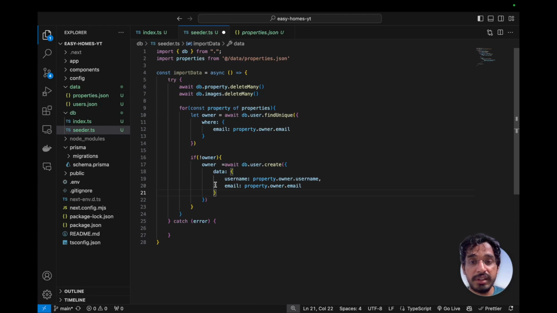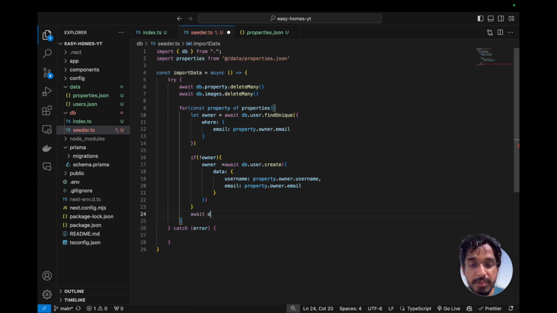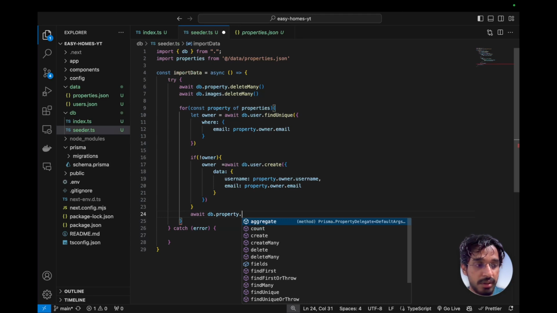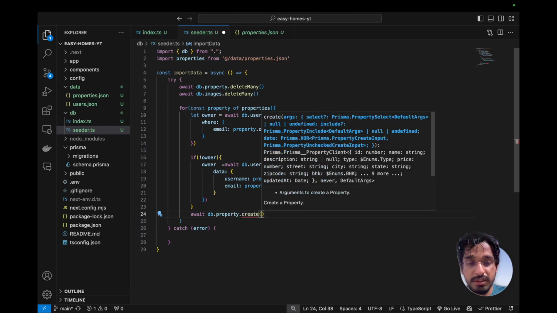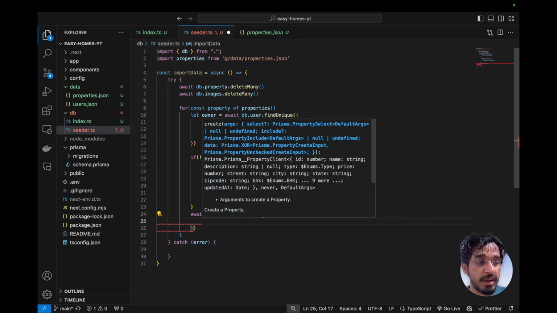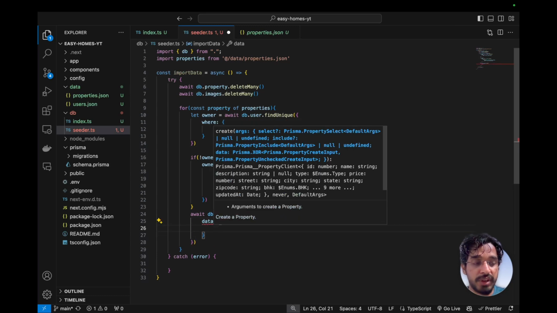So if it doesn't exist, then it will create, otherwise it will directly go to the next block of our code. Okay, so once the user is created, we are going to create the property. So let's await db.property.create. Sorry about my throat, guys. My throat is spoiled for today. Okay, and then we have the data, and we are going to specify all the properties of the record